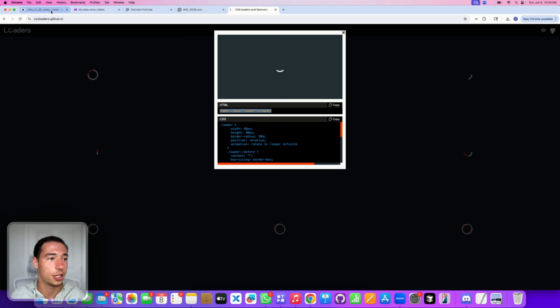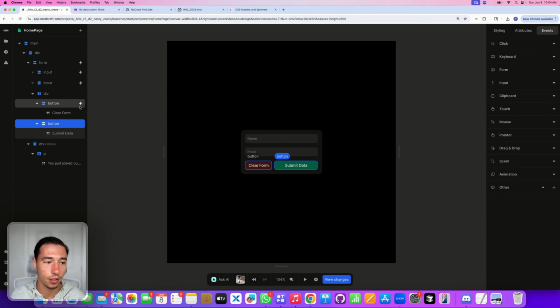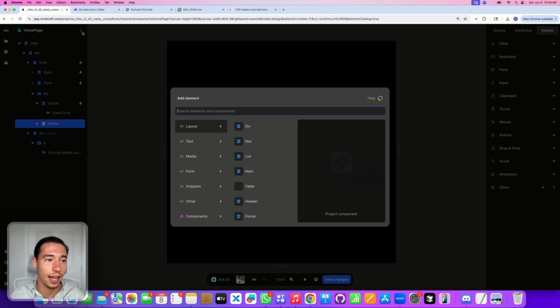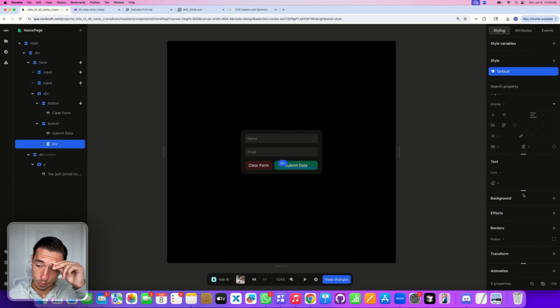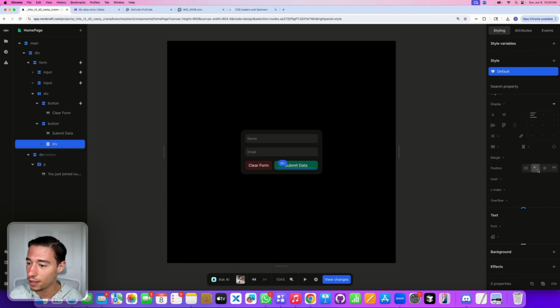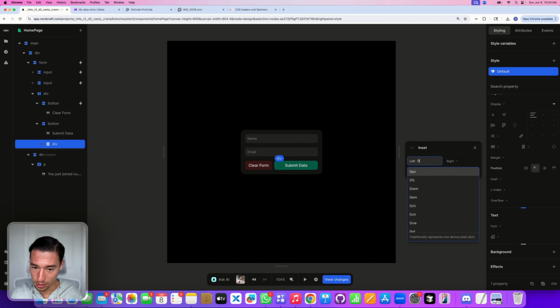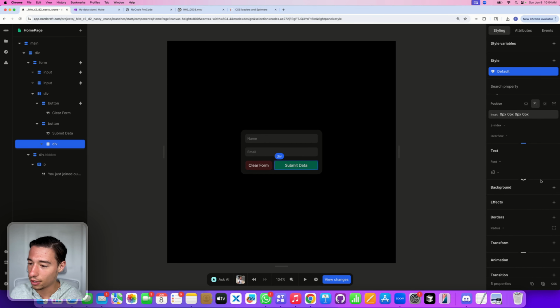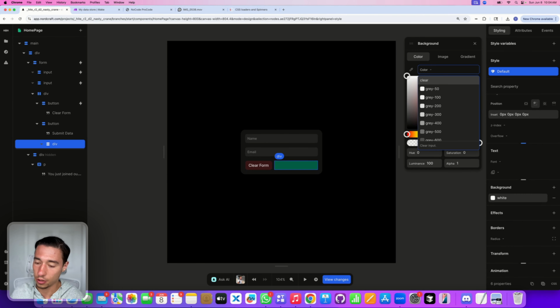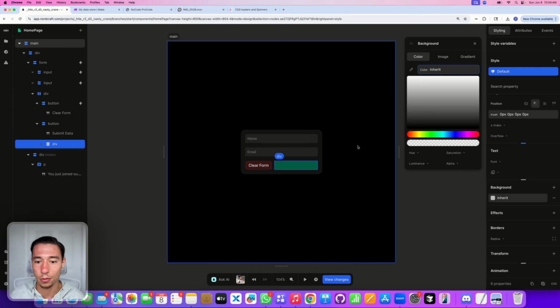Let's copy the HTML first. Let's go into the submit button. What I like to do is I like to add a div block that is absolute. So we're going to go on display, we'll make it absolute. Inset will be 0 pixel, 0 pixel, 0 pixel, 0 pixel, so it covers the whole thing. And then the color, look at that. It's very cool. If I go to the background color, I'm just going to do inherit, which will automatically inherit